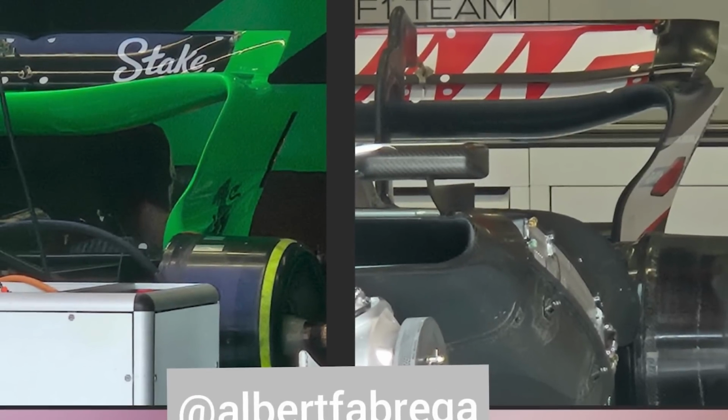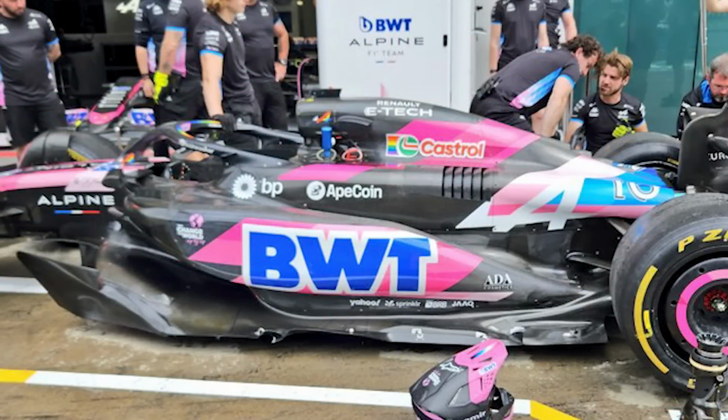Looking at the last 2 rear wings, we got Sauber and Haas. They both have the exact same rear wing from Spain as well, both medium downforce on the Sauber and the Haas. Important things to know before getting into the changes is a team that hasn't made a lot of changes,